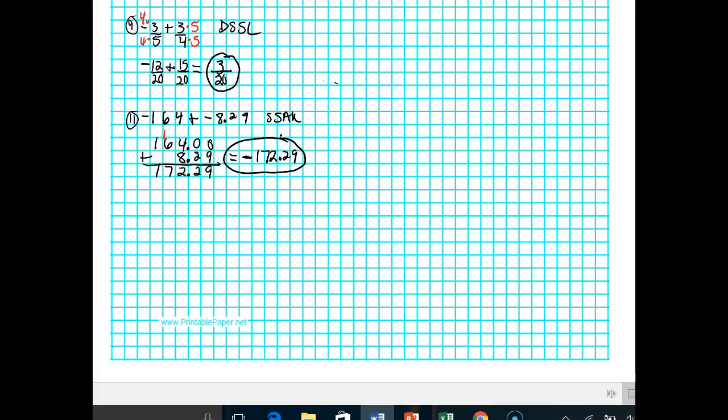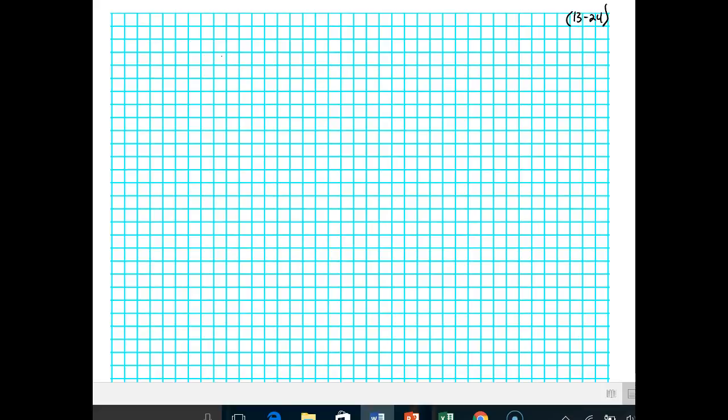Alright, so I said I wanted 1 through 12 on this side, so it looks like we even got a little extra space, but let's go to the back side and do 13 through 24. So I'm doing the odds again. So number 13,